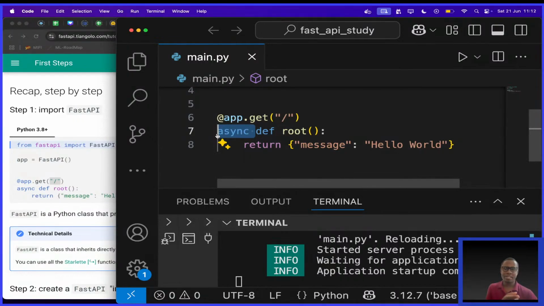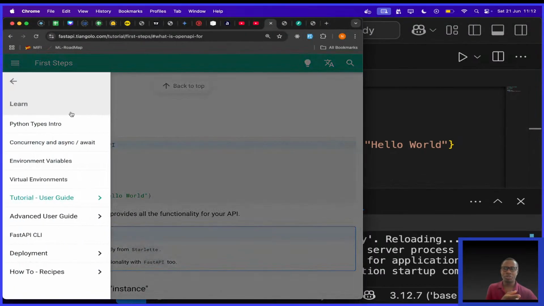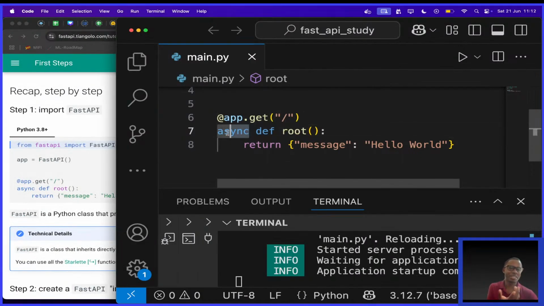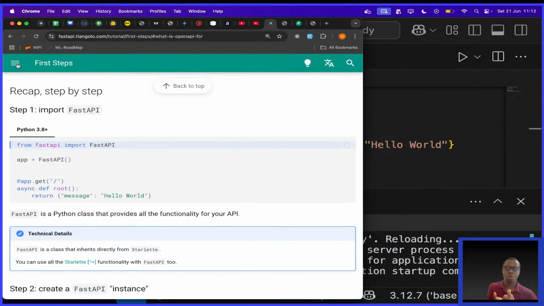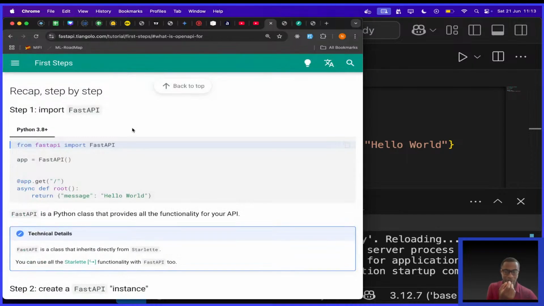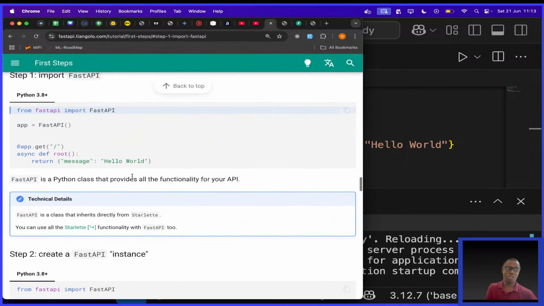Now, to understand this async, we shall need to read about concurrency. Of course, me being in the field for some time, I have a very broad idea what this means, okay? But in the next session, we're going to look at this documentation, concurrency, async, and await, to get deeper and understand what is actually going on. And when you understand how things work, you'll be able to use AI to give you way faster code completion and give AI really good, quality prompts. All right, then they're saying FastAPI is a Python class that provides all the functionality to your API.